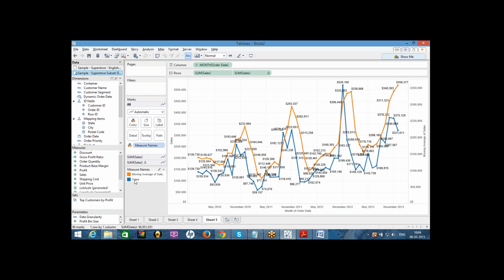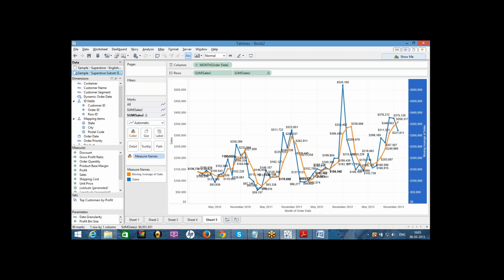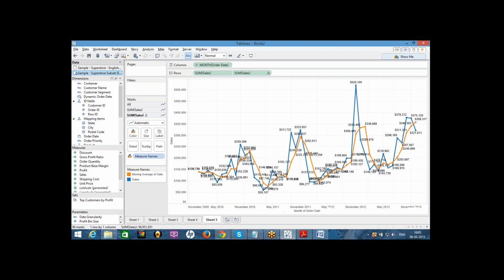So the blue color represents the actual sale and the orange represents the moving average. And I want to synchronize this axis first. If I synchronize this, I can see which is high and which is not high, and where my moving average and the actual sale coincide. Let us hide this. One second.